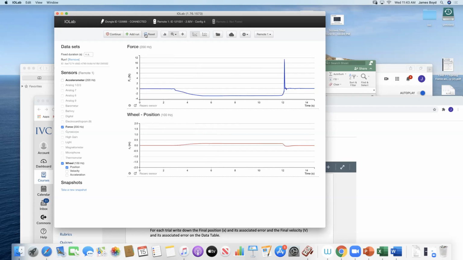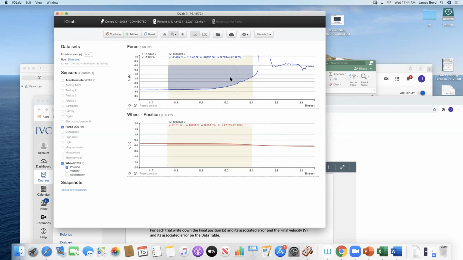So I can use the highlight tool and highlight this region and then make sure that I'm lined up, so you don't have to do the time thing. And if I go back to this and zoom in, I can highlight some time to 0. The important thing here is you want this to reach 0 and then be at that constant value. So go from that constant value to 0, and you can just compare